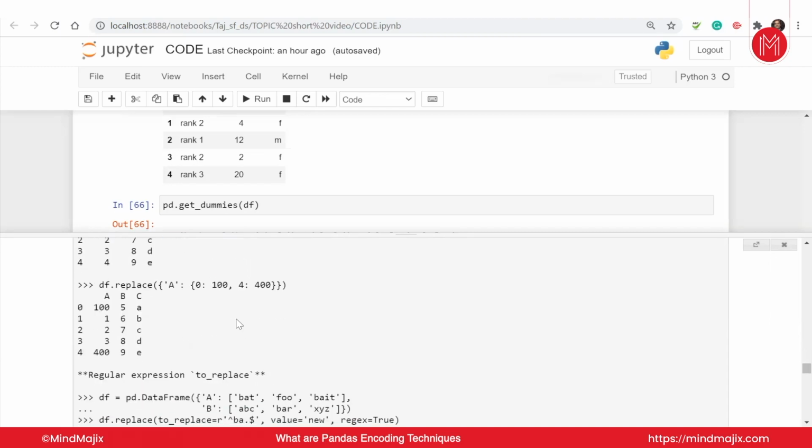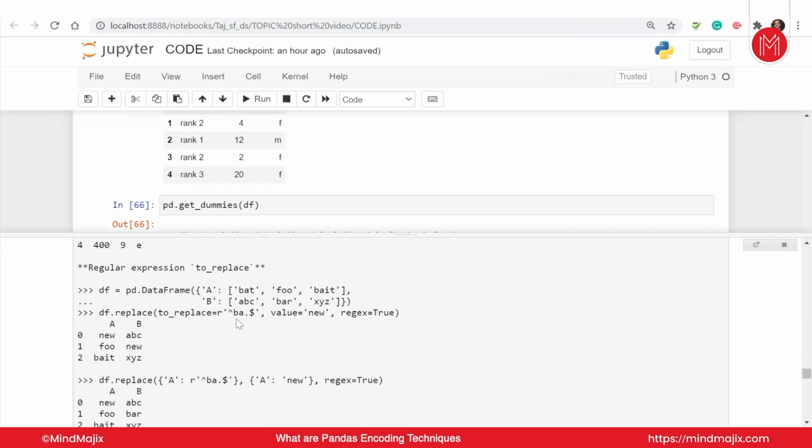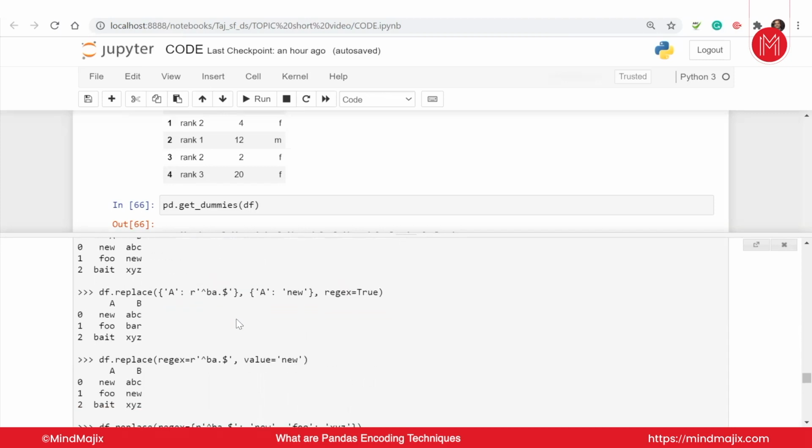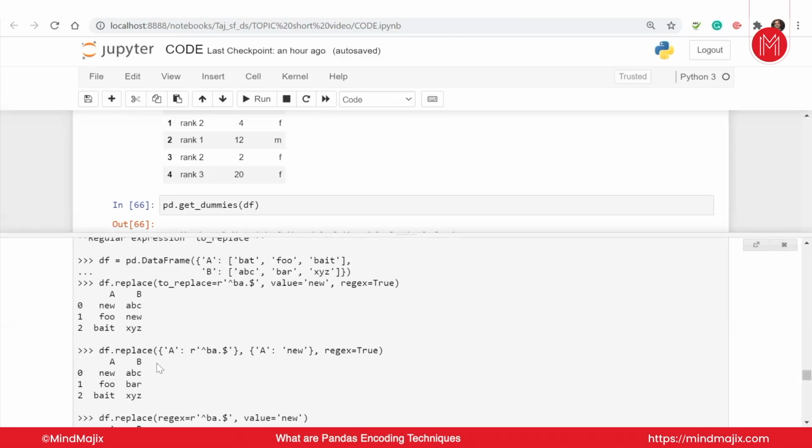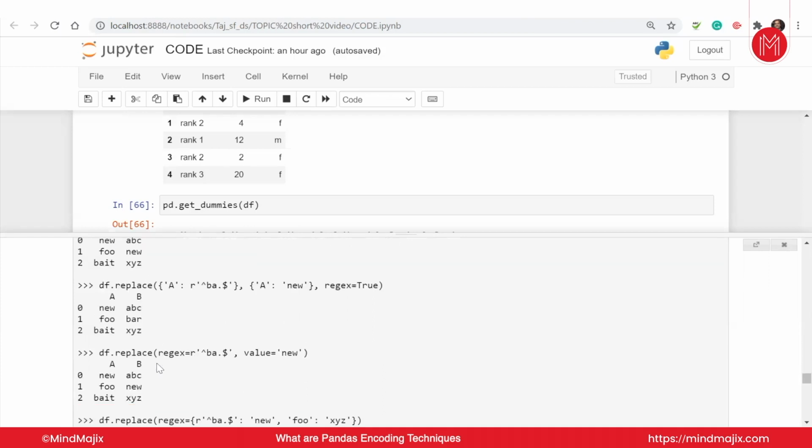So very simple guys, very simple straightforward technique. Replace can be used two or three ways, and you give the value, you get the answer, and that's it. Okay, so this is replacing by a wrong string. Again guys, it's giving a symbol here to replace it. So A is getting this value, these values are replaced, new, foo and bait, and given to here. DF replaced this and this, so I'm getting this value to here.